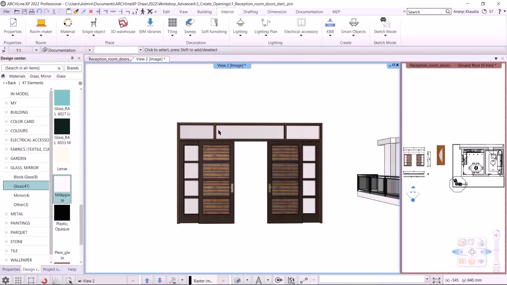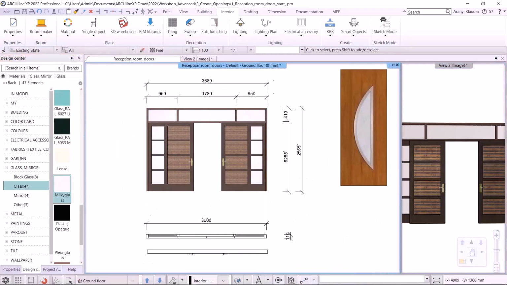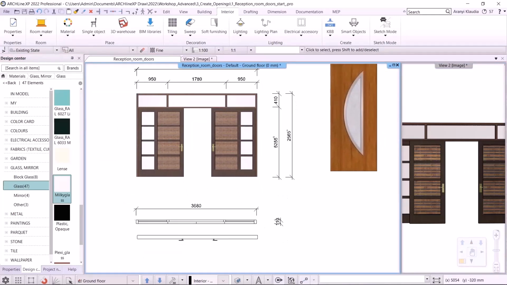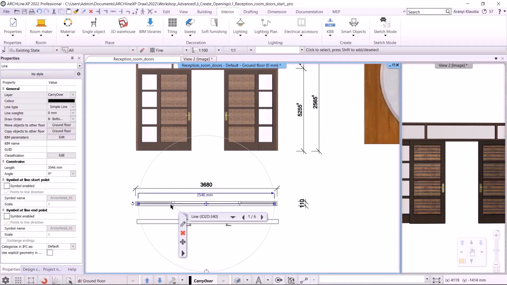But to make it work as a door, we need to take a few steps. The first task is to create the front view of the door and place it on the floor plan. I've done this in advance and also scaled it up so we know the exact dimensions. We also need to draw its floor plan symbol, since the top view of this object is not a standard